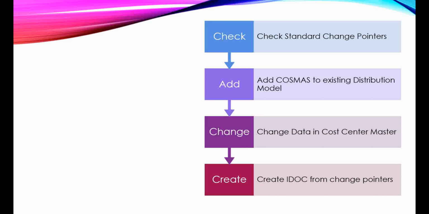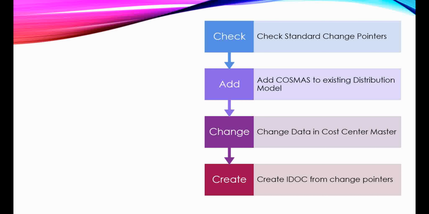That means that if we want to use the KS02 transaction, we should have a cost center in the system. That cost center is created using the KS01 transaction. At the last step, in cost center change, if we change the field name KTEXT1 value, automatically an outbound IDOC will be created.